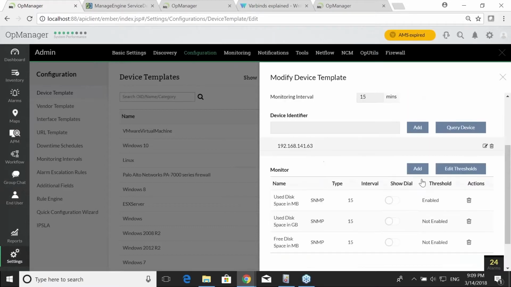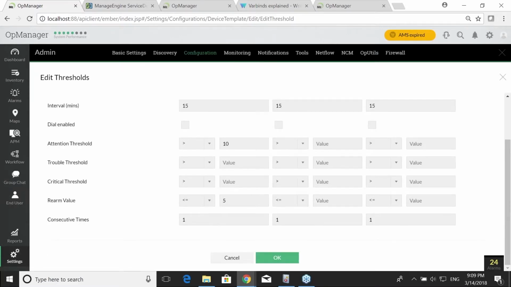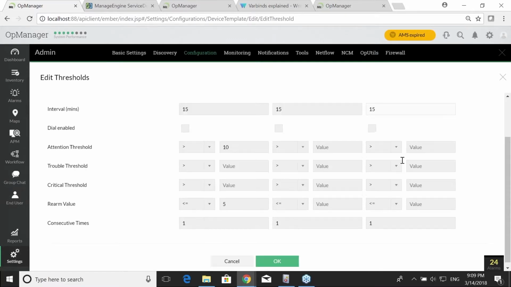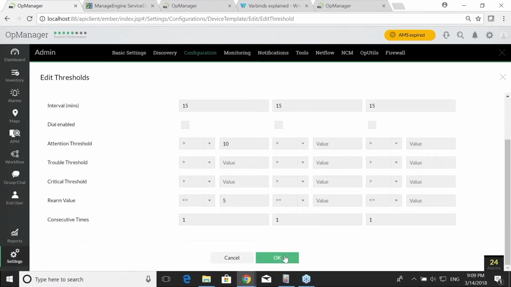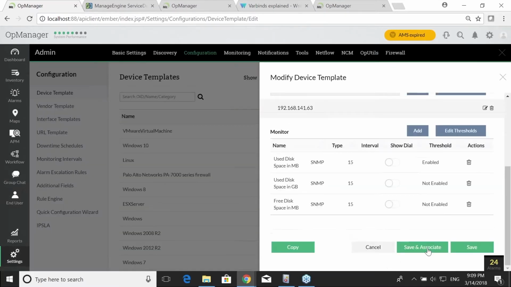Whatever thresholds I want to update, I can do this for used disk space in MB, and also for the monitors listed for used disk space in GB, free disk space in GB, and whatever number of monitors you want to configure a threshold for, you can configure it here, and you can click on save